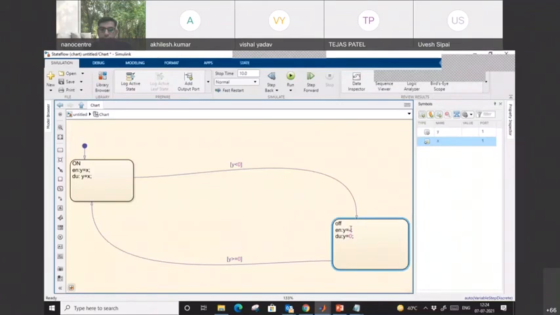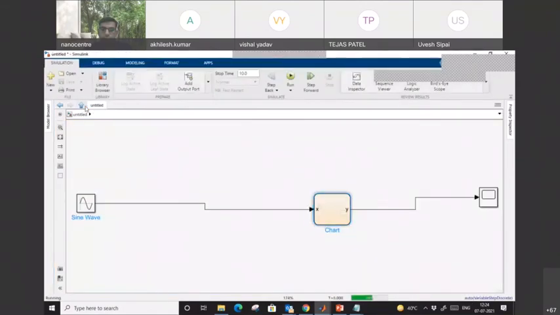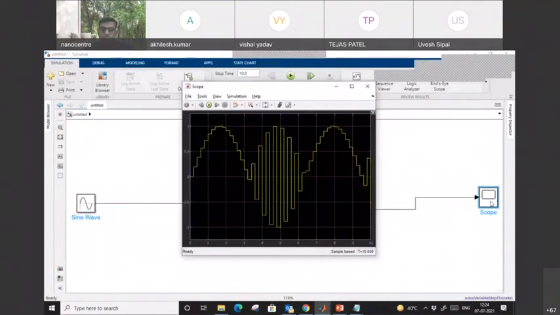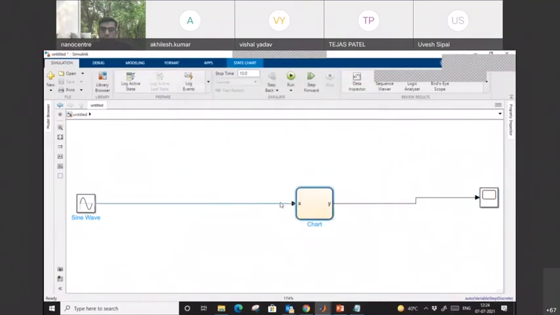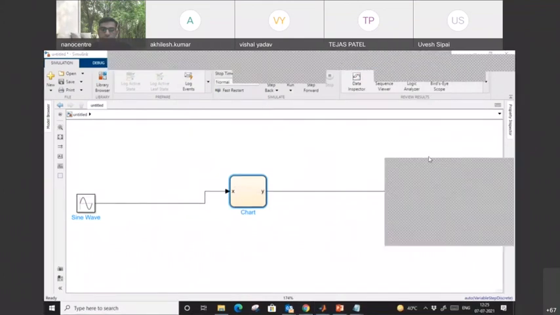And if I want a full wave rectifier, simply here I can provide minus x during the entry, and here will be the x. Here will also be minus x, right? So in this case, we will get the full wave rectifier. Because the step size is big, that's why we are getting it like that. Otherwise, we will get the full wave rectifier. So no need to worry. So this way we can design this Stateflow, and you can do those courses also.